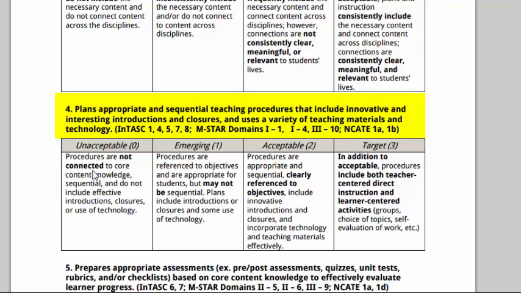So a lot of these under Domain 1 is whenever a person comes in to observe you at student teaching, they're going to say, okay, we're going to sit down and we're going to see your lesson plans, and we can actually start grading you on these before you even start teaching.